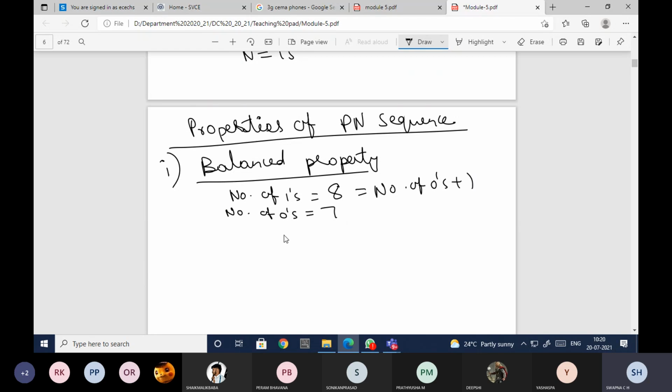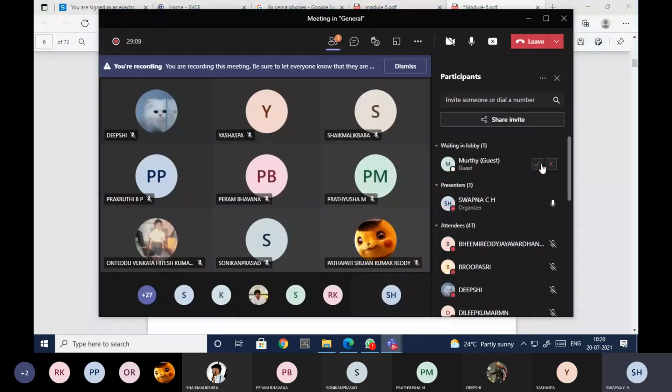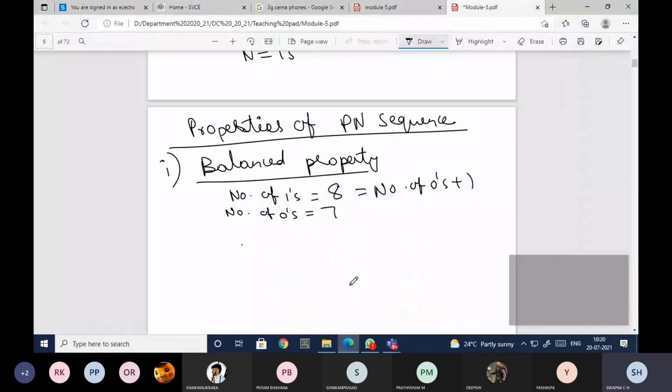If this condition is satisfied, then the PN sequence obtained is said to be balanced. Let me assume the n value here is 15. If you add, you'll get a total of 15.